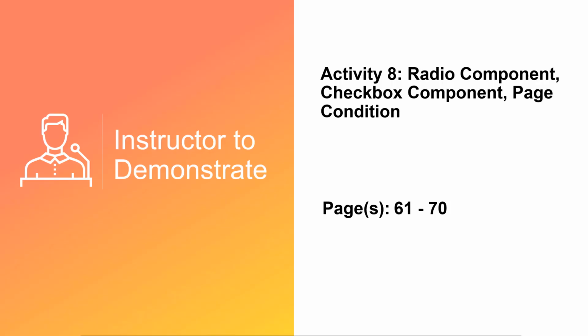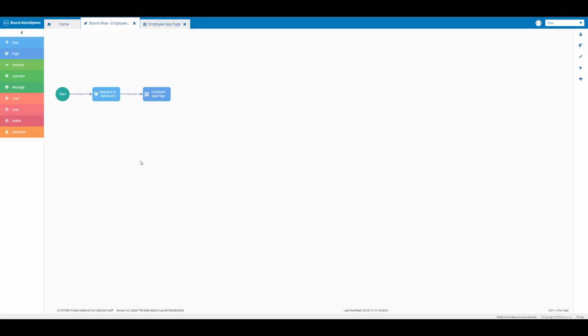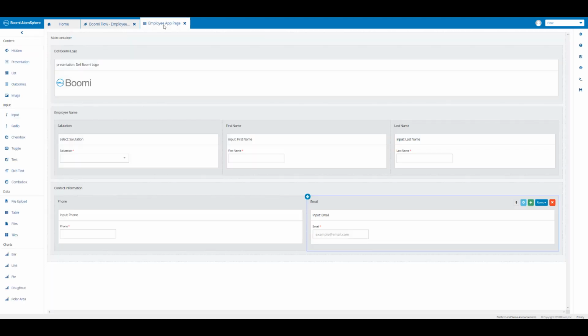In this activity, I will demonstrate how to add a radio component and checkbox component along with a page condition to the Employee App page. Now on the BoomiFlow build canvas, we're going to click on the Employee App page tab to open up our page layout again. And we're going to click in the main container and then select the green plus button to